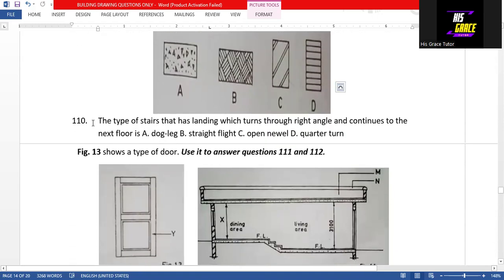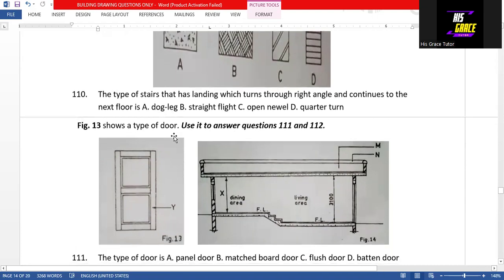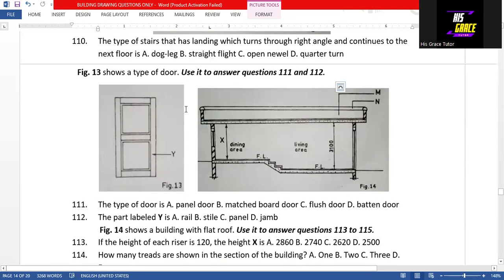Question 110, the type of stairs that has a landing which turns through a right angle and continues to the next floor. So we have the answer to be option A. So that is dog leg. So we are making use of this diagram. So to answer question